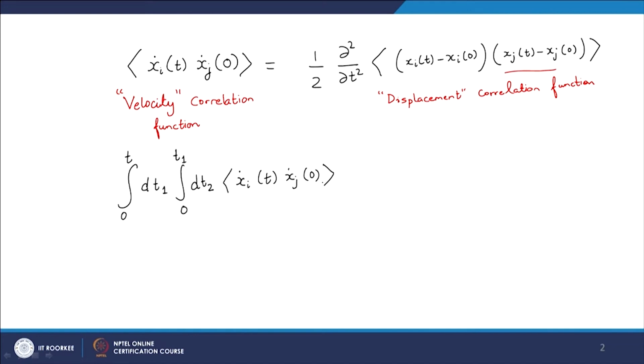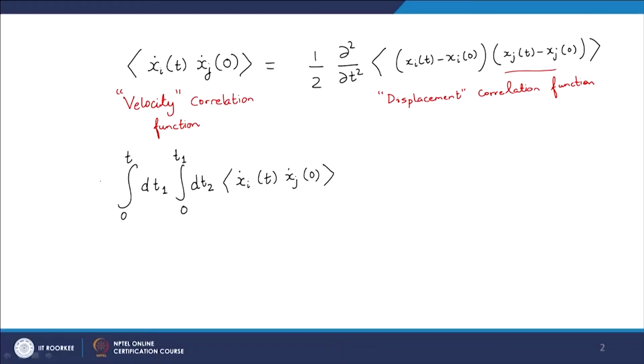T2 goes from 0 to T1 and T1 goes from 0 to T, multiplied by 2 is equal to my displacement correlation function. So I can relate the displacement correlation function to velocity correlation function in either of these two ways, either in differential form or integral form, and both of them work, and we'll use that correlation functions later in the